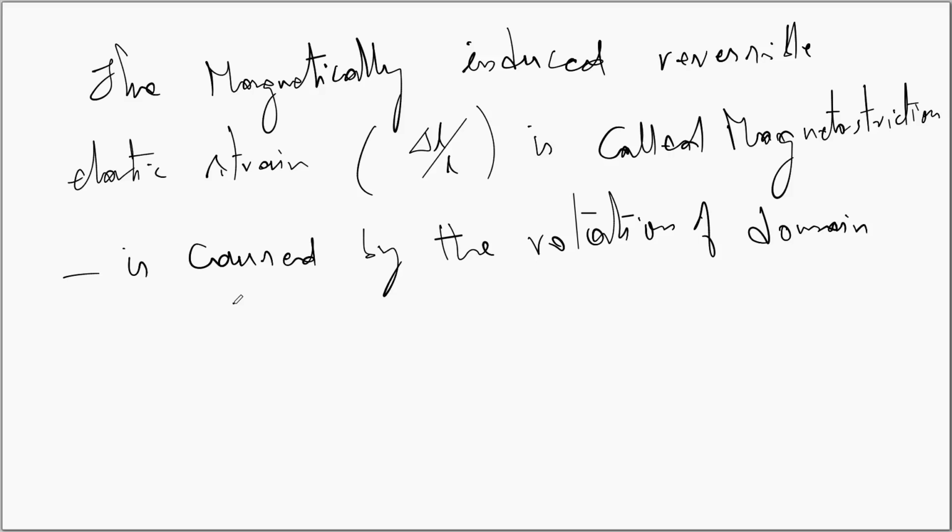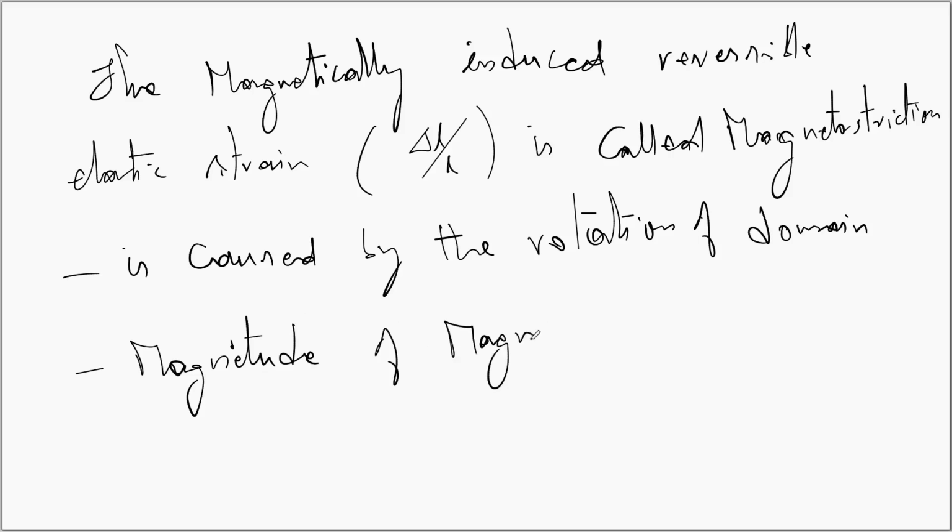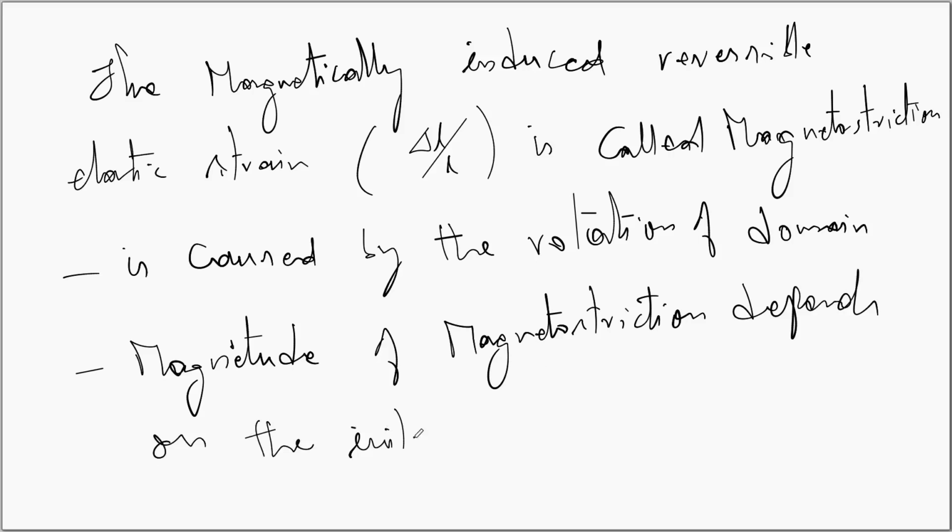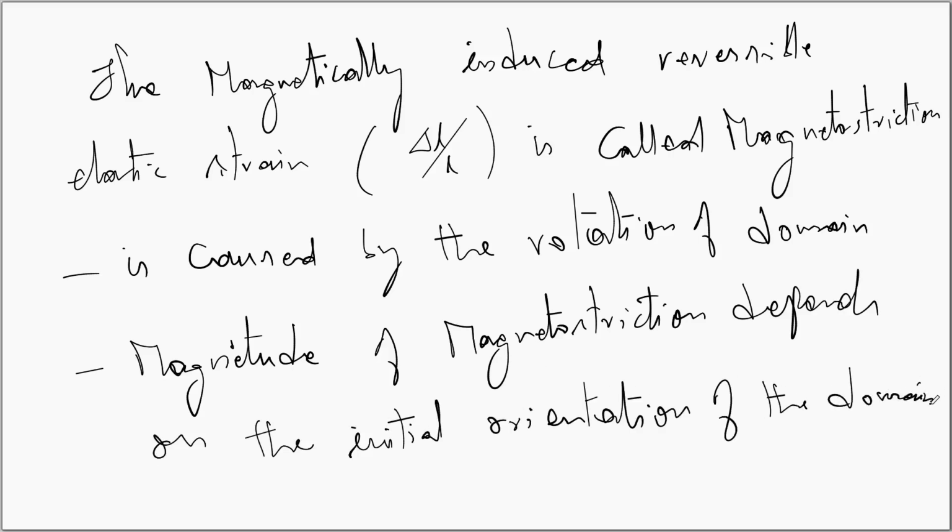The magnitude of magnetostriction for a given material depends on the initial orientation of the domains. The ferromagnetic materials may show both positive and negative magnetostriction with different magnitudes according to the intensity of the